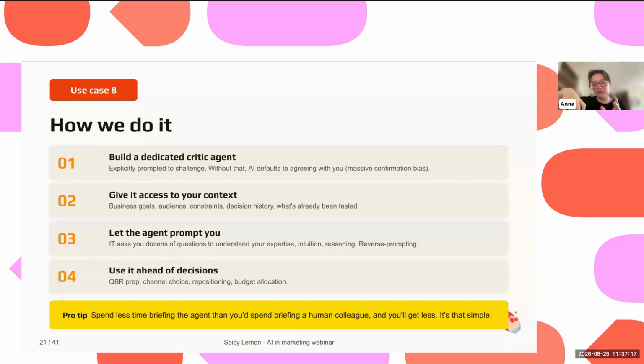I always give the LLM the whole context of what to read first and what to read next, and I will remove all the documents that are not good enough. And something that's also very, very important: I will never give access to one single drive or other files. I always clean up those files to make sure I'm giving the right files, that it doesn't have too much data, and that the data it has is really relevant. Then I spend a lot of time talking back and forth, and this is the most important thing. So always spend time briefing the agents.